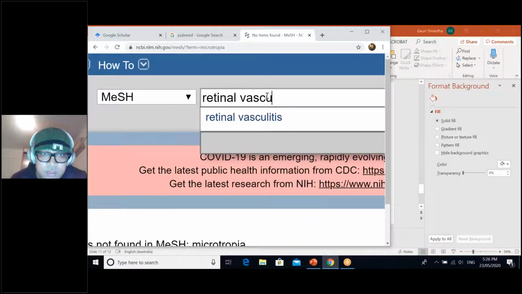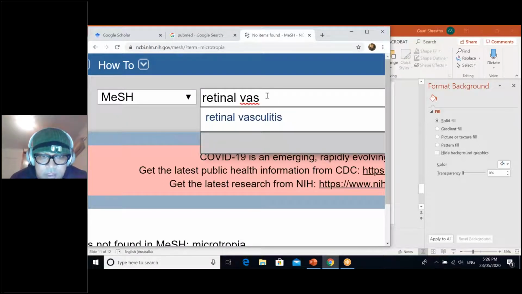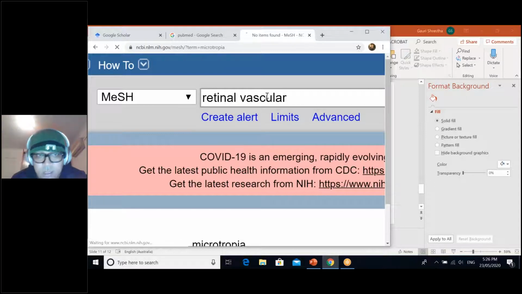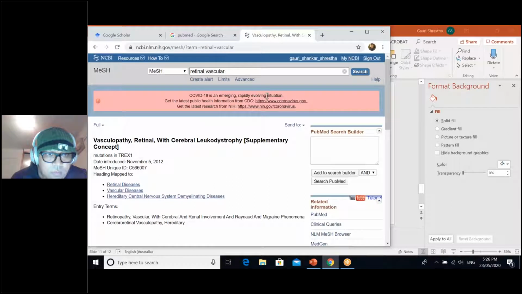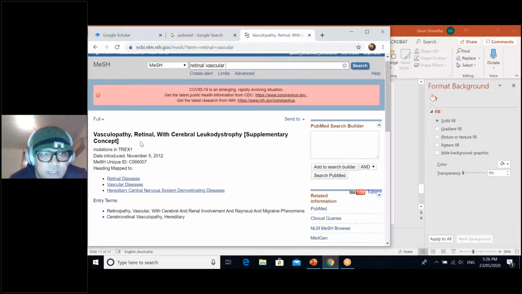Retinal vessels, we need to type vessels. Okay, I just type vascular, whatever is there. Vascular. Click. So when I type retinal vascular, actually this is vasculopathy retinal with cerebral something like that, which is the relevant. So I will straight away type